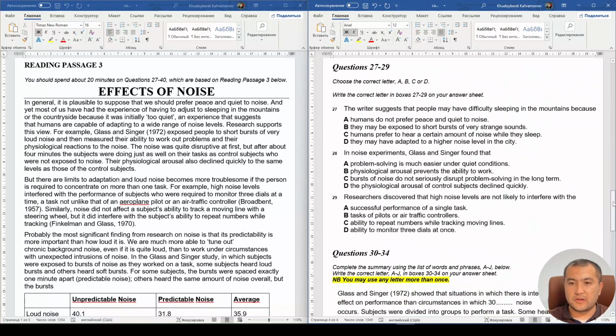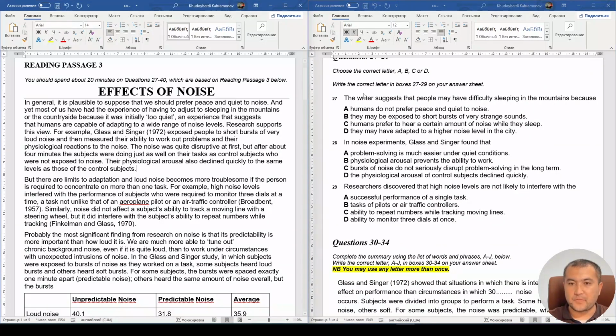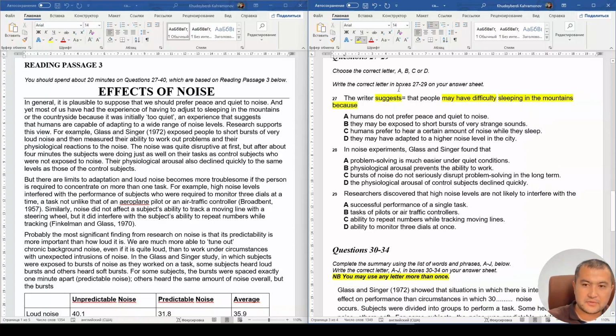All right, so let's begin with the multiple choice ones. The writer suggests that people may have difficulty sleeping in the mountains because, so we have to figure out the reason of this, okay? And suggest, sometimes some people may think suggest means advice, but here it's not advice. Here the word suggests means says. So the writer says that people may have a difficulty sleeping in the mountains because,